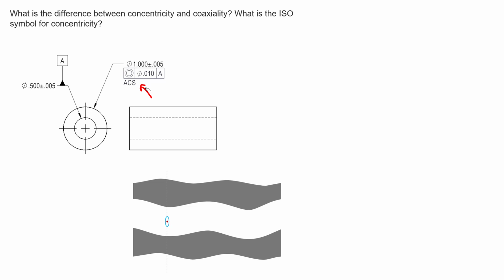It's very important to point this out, because we no longer have a datum axis so much as a datum point, and that datum point is at any cross section. If we take a cross section right here along our part, we get a center point for that cross section of our datum feature. So now we have a datum point right here, and we center our tolerance zone, which is now a circle, not a cylinder, since we're doing cross sections,